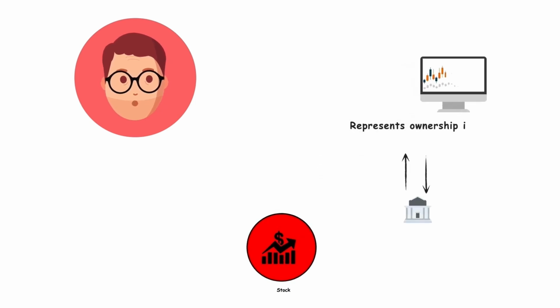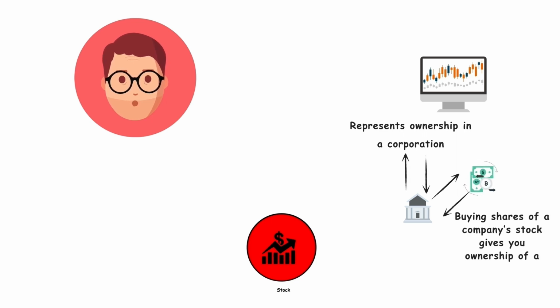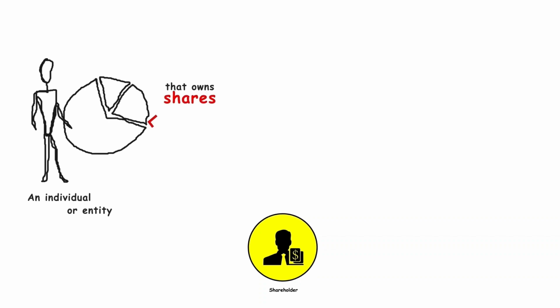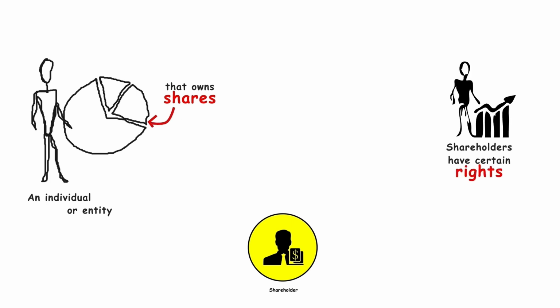Stock. This represents ownership in a corporation. When you buy shares of a company's stock, you essentially own a portion of that company. Shareholder. This is an individual or entity that owns shares of stock in a corporation. Shareholders have certain rights, including the right to vote on corporate matters, such as electing the board of directors and